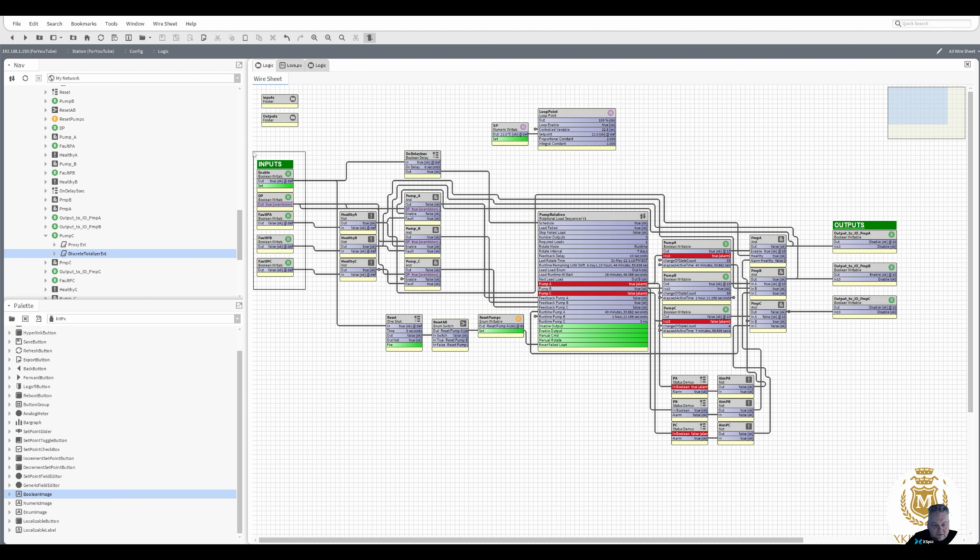It gives you a good idea. So that's our IO inputs, that's our IO outputs, inputs, outputs, and everything in between is our logic. Not that we're using that, but